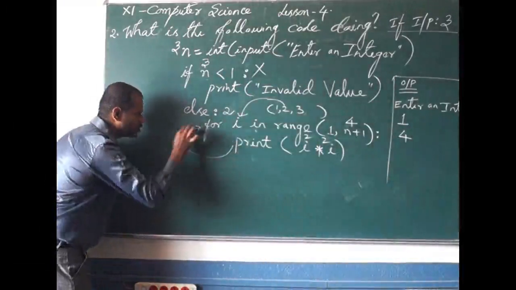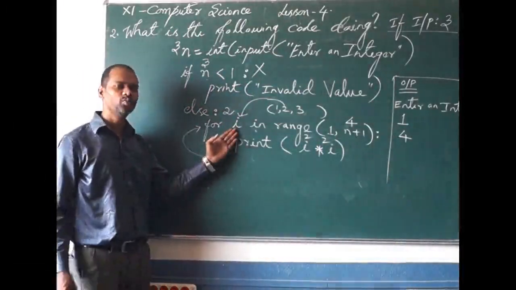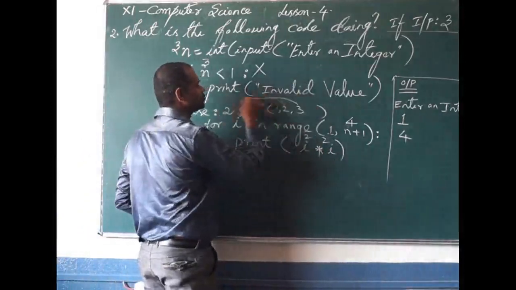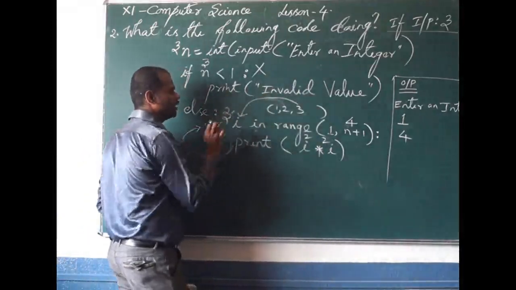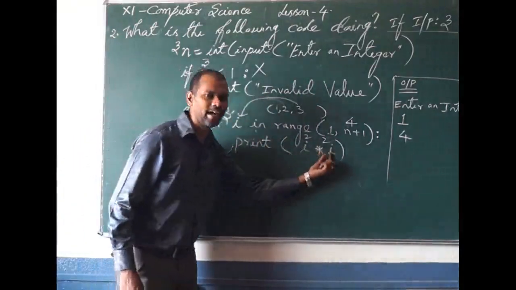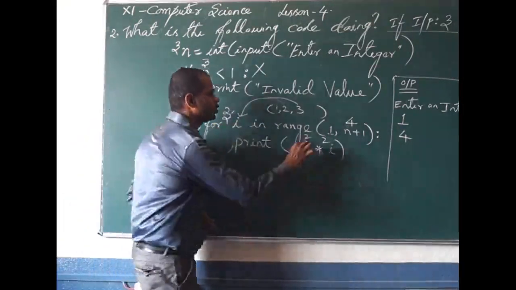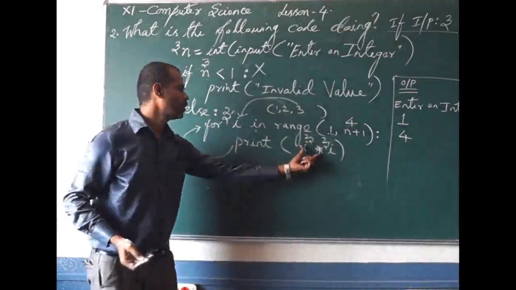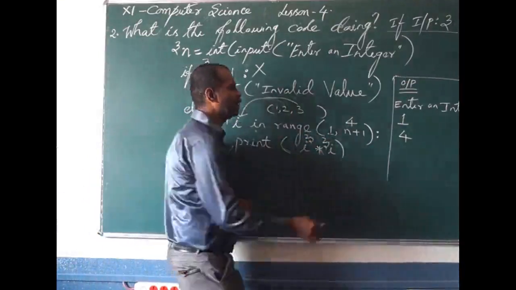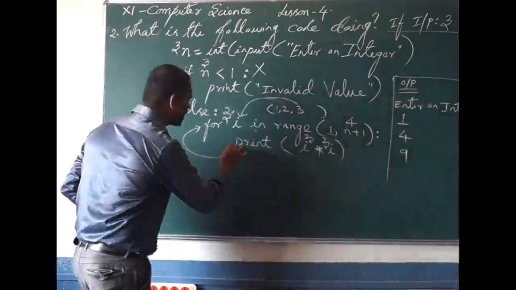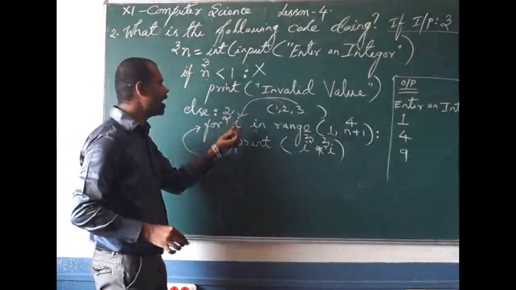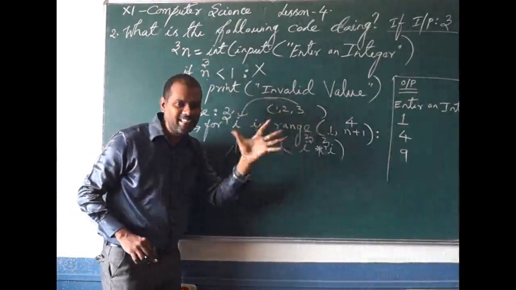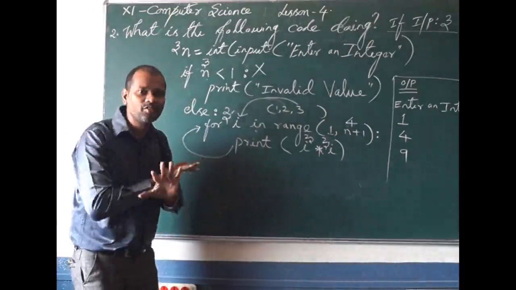Then once again we go to the for loop. What is the i value? It will take the third value, which is 3. So i is 3 now. It will print i star i, that means 3 star 3. What is the output? 3 threes are 9, so 9 will be printed. Then the control flow will go to the for loop. The i is trying to take some input, but after 3 nothing is there. So this program is finished.